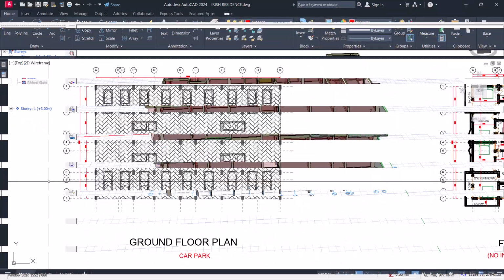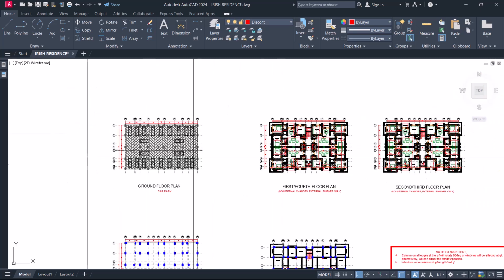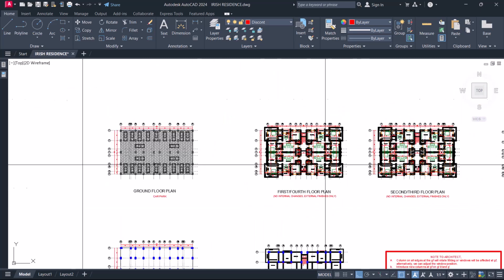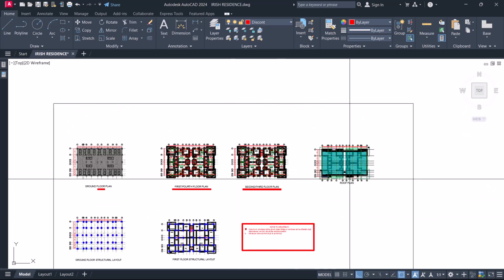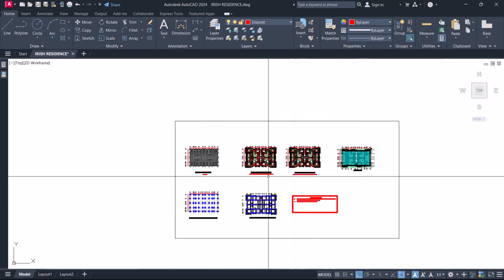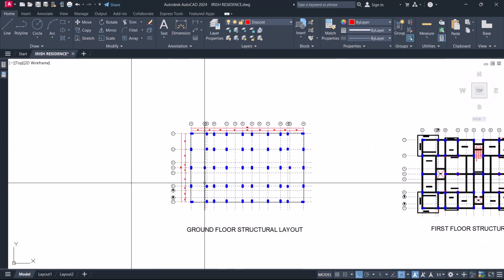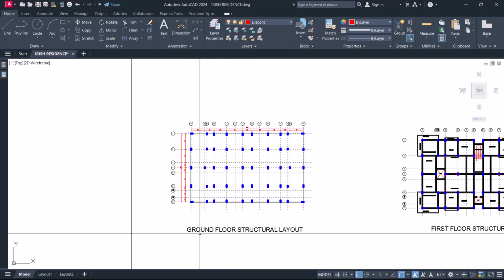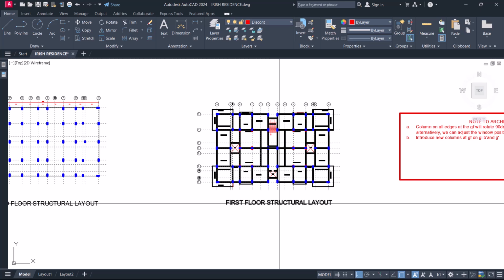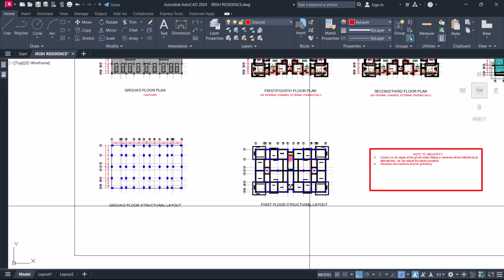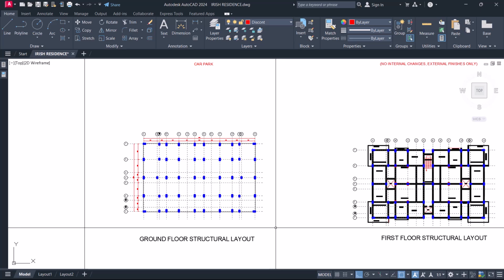Okay. Coming back to AutoCAD, this was our ground floor plan, which consists of the car park. This was the first and the fourth floor plan, while this was the second and third floor plan. Lastly, this was the roof plan. And we worked together to see how we can transform this into this. So we agreed that this will serve as our ground floor structural layout, while this will serve as our first floor structural layout. So to model this on Prota Structure, I have to export this ground floor in a DXF